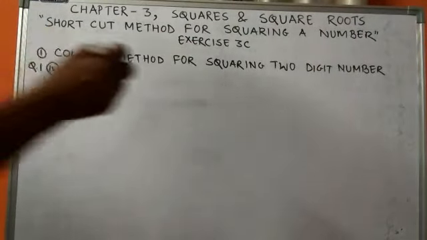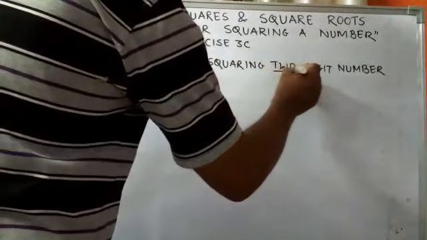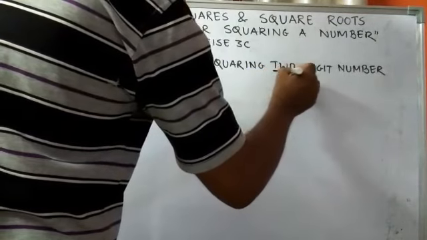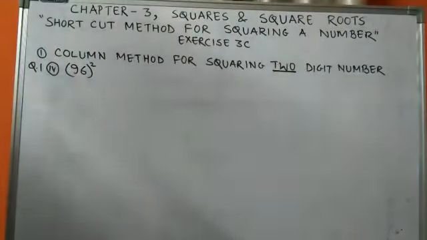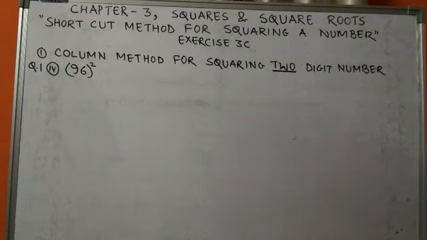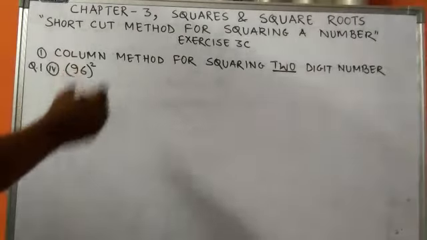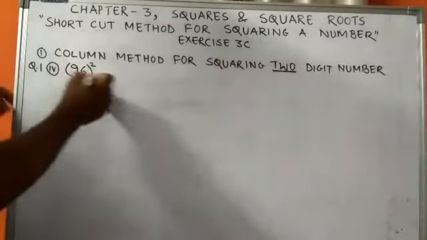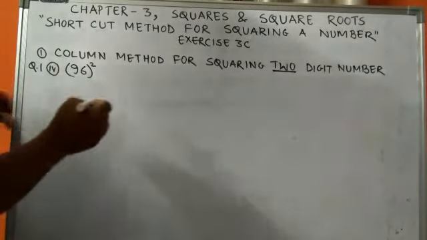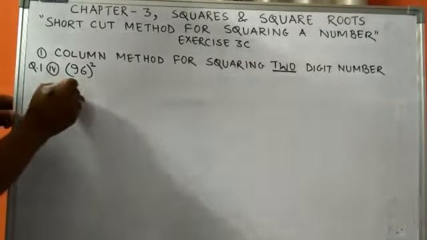Dear students, please follow the word: the two-digit number whose square is to be found in this particular question. So here we use the word column. To find the square of 96,